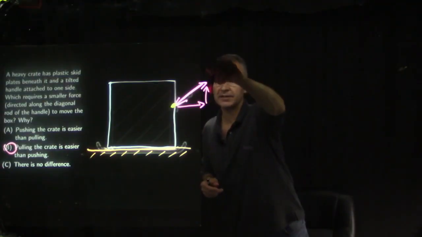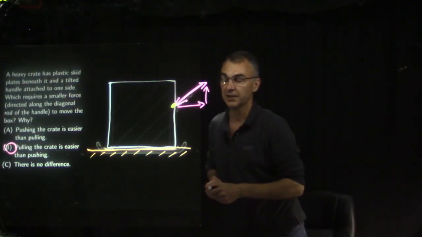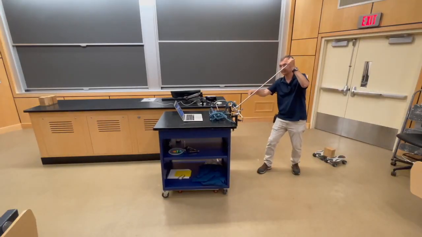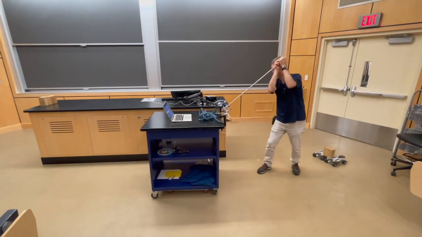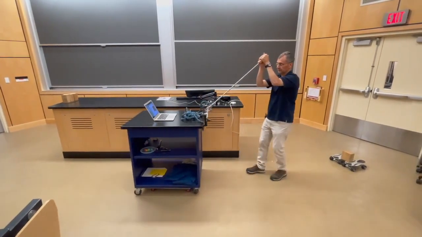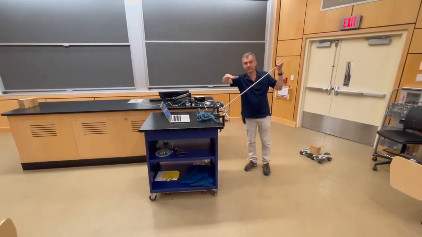Whereas if you push, then there's a downward component, and that downward component is going to increase the necessary normal force between the floor and the box, and that will increase friction. The force of my push or of my pull is directed along the axis of this rod. So in one case, I'm pushing, and in the other case, I'm pulling. You have to imagine this crate is just a flat surface sliding along a flat floor, and there are no